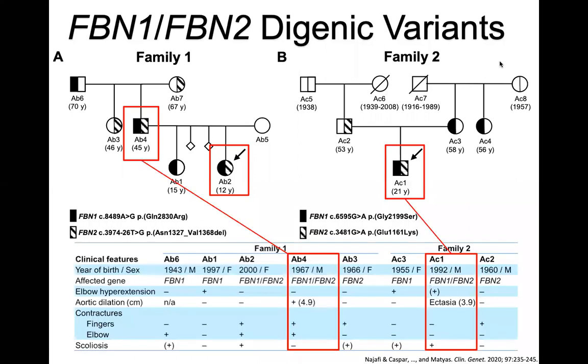Interestingly, these digenic variants seem to exaggerate certain clinical features, such as aortic dilatation, which is only present in individuals harboring both mutations in both genes. As a first conclusion, we would like to emphasize that not only complex, but also aortic phenotypes may arise from multiple variants and are of high clinical relevance, in particular also for disease management and family planning.